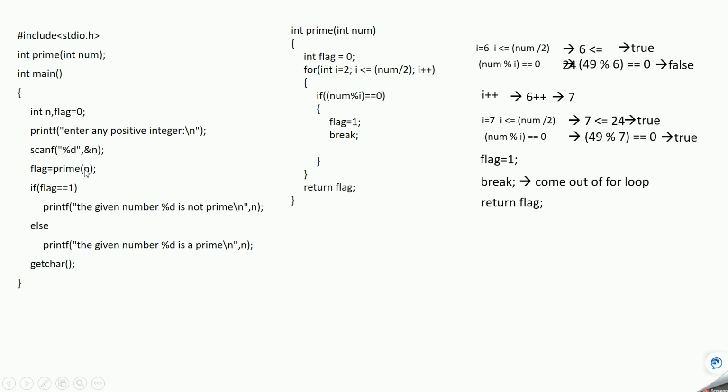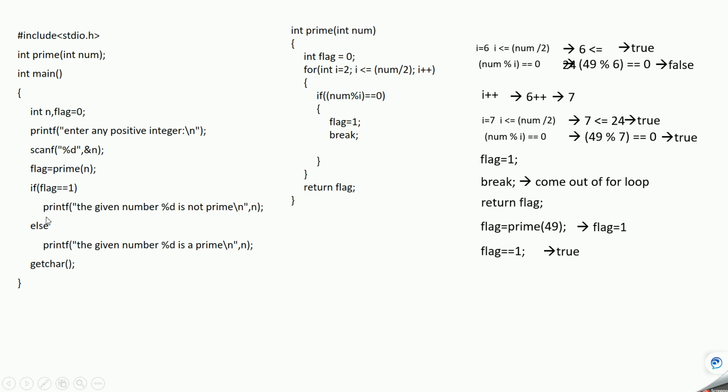Return means to this line, and now the value of this flag will be 1 because this is returning 1. Initially here it became 1 and we are returning this, means the flag will become 1 here. So now the value of flag is 1. So now we'll check for this condition: flag equal to 1. In this case the value of flag is 1. So 1 equal to 1, this is true.